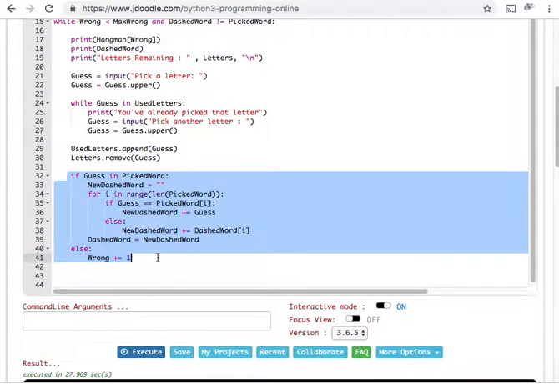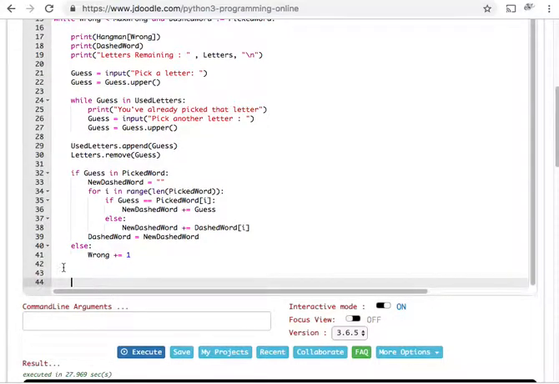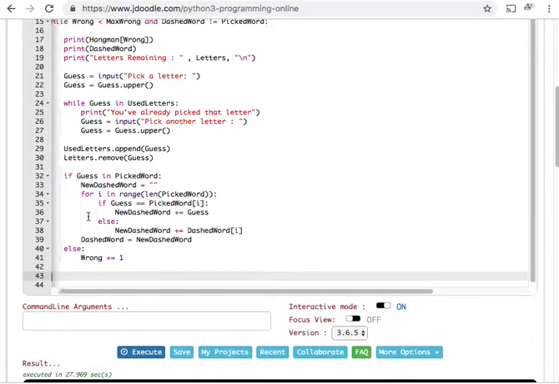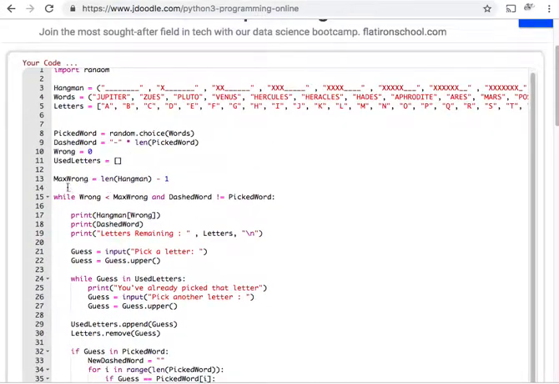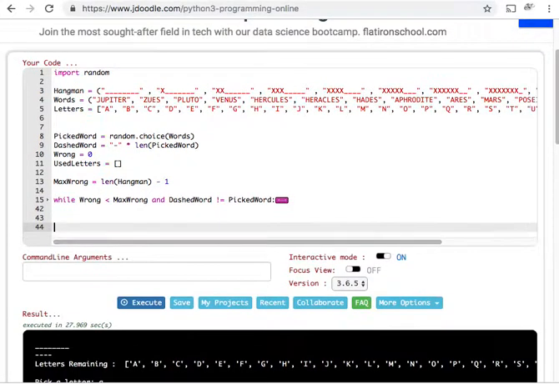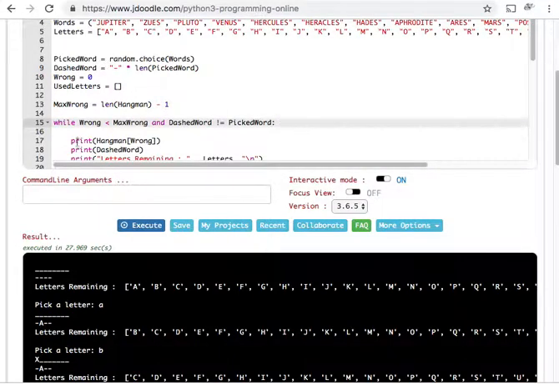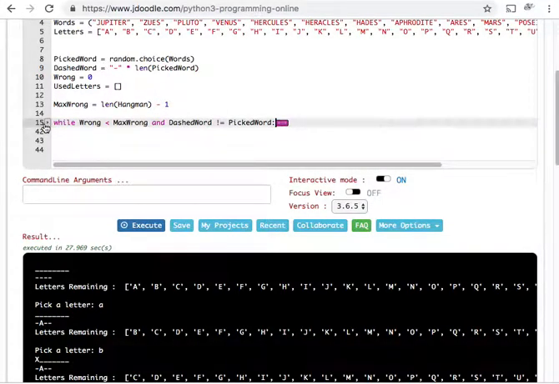So we know that this while loop will eventually stop, because eventually my wrong was not less than my max wrong. So, both of those work. Tell you what, if you ever want to make something really simple and just hide things, there, now it's hidden. Now what's happening is outside of that while loop. We know it's not happening there. We can even just click that little toggle down menu, and we'll make sure. It's still there, though,